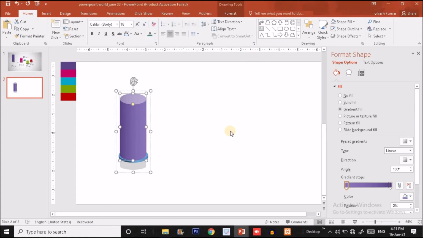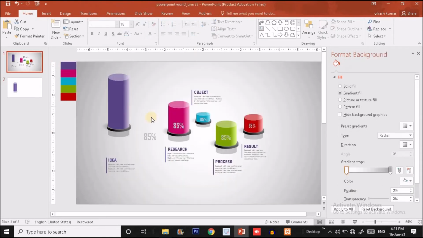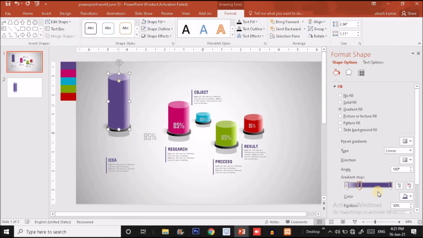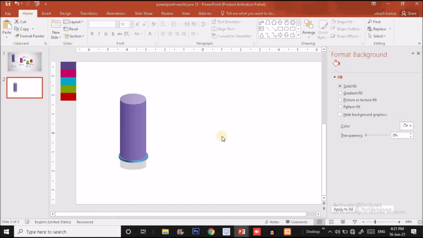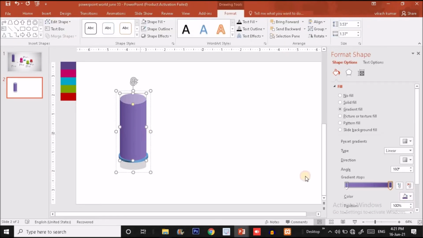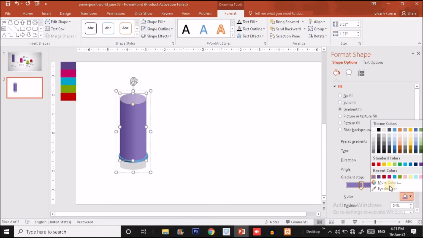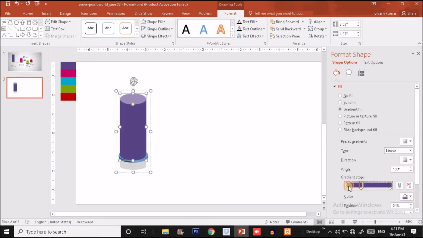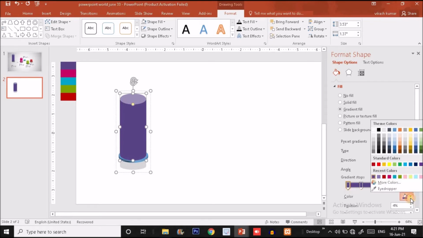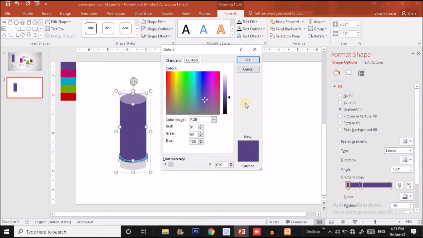Okay, let me take the reference of the previous slide, guys. So we have 3 stops actually here, so that we can get white edges over here. So I'm doing the same. I will put this over here and use the same color for this, but I will add one stroke also, and I will choose the lighter color for this stroke.